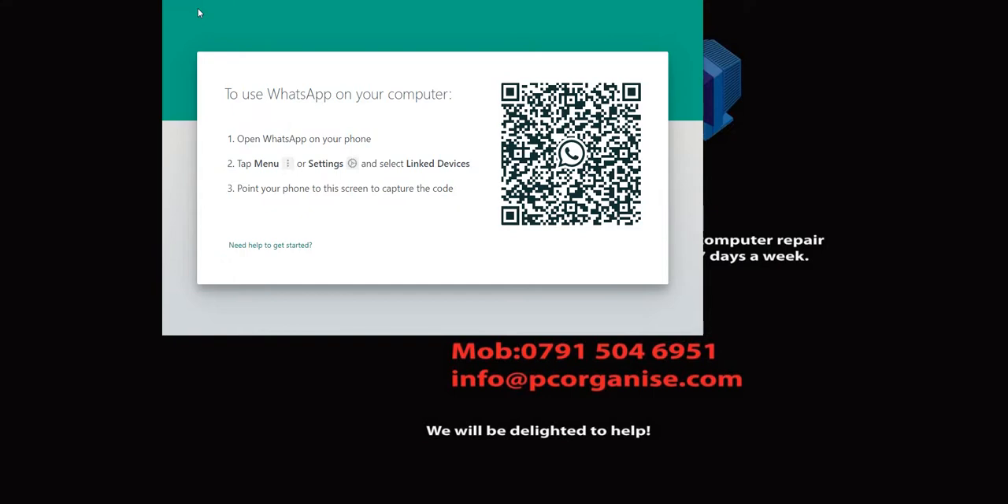once WhatsApp is open, you click on the three dots on the right top hand corner and then click link devices and then link WhatsApp with this desktop one, like I'm doing right now,